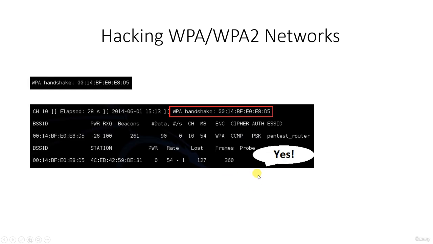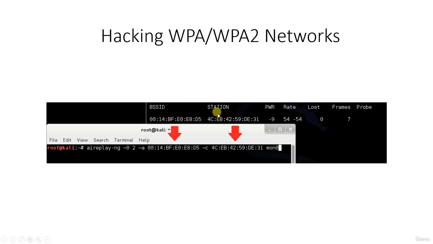Then after hitting enter, you will see that aireplay-ng sends the packets. So if you are close enough to the target client, this deauthentication process will work, and this message will show in the airodump-ng screen, as you can see,